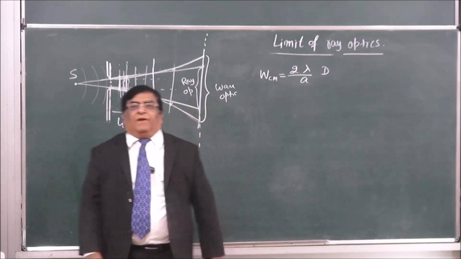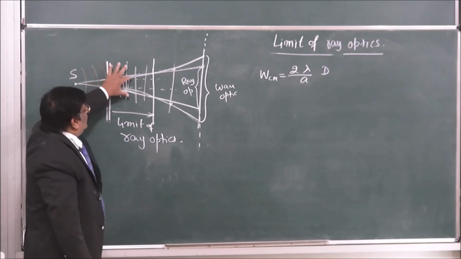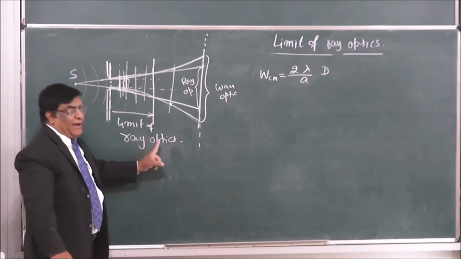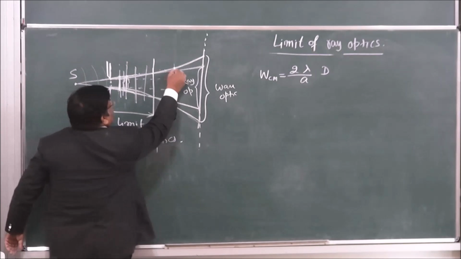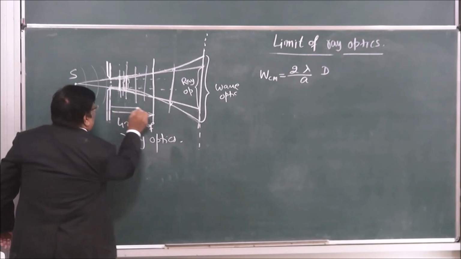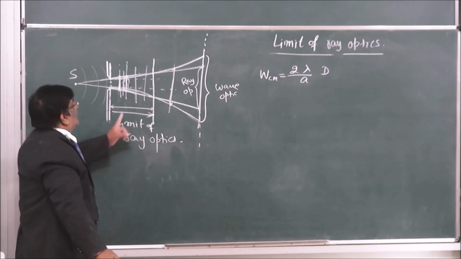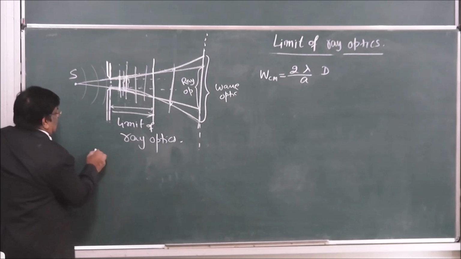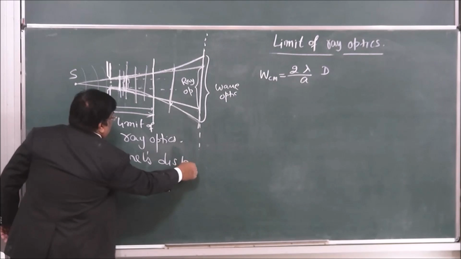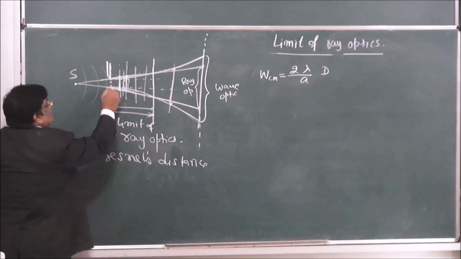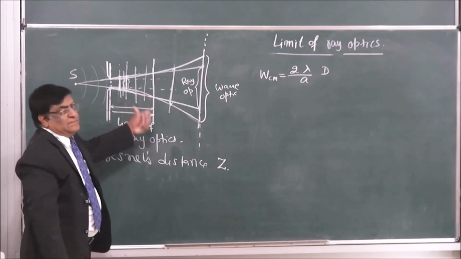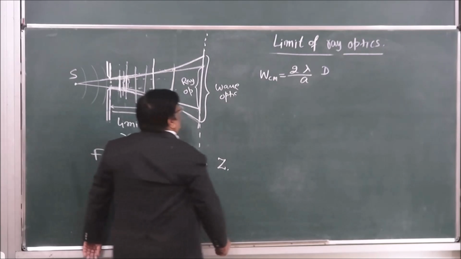So whenever we see image of an opening up to certain distance, we have to measure the distance according to ray optics. After that, these images will be formed according to the rules of wave optics. So this particular distance is a very important distance, and this is known as Fresnel's distance. Fresnel distance for this image, and we give it a symbol Z. Now, how much is this distance? On which quantities does it depend? So Fresnel distance Z